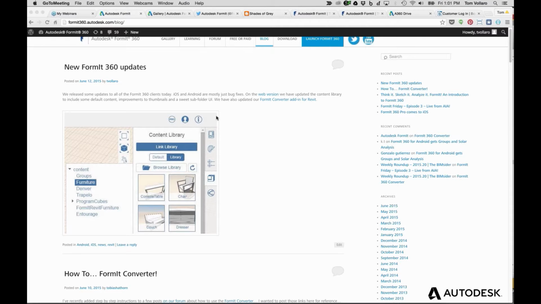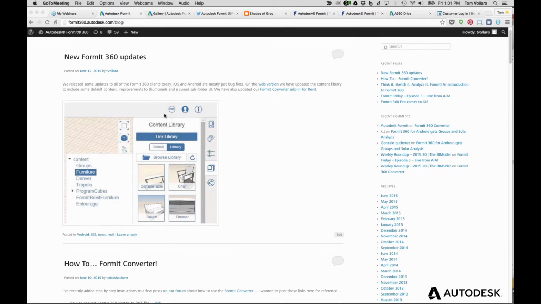But on the website, which we'll show today, I have a little screenshot on our blog here. We have a pretty exciting set of UI updates to our content library, which is very timely for the topic for the day. So we'll go into that a little bit, and also a timely update on the FormIt converter,